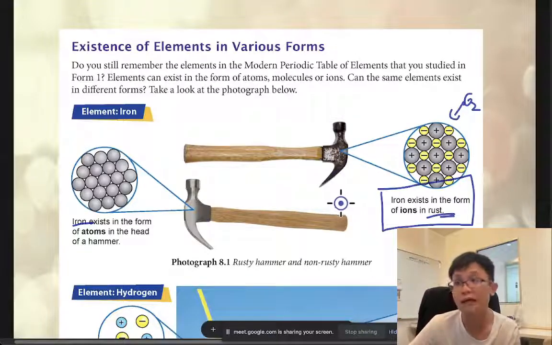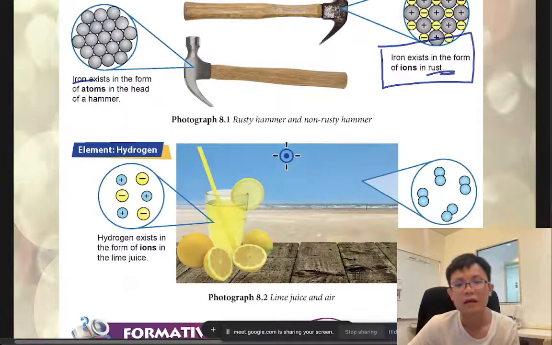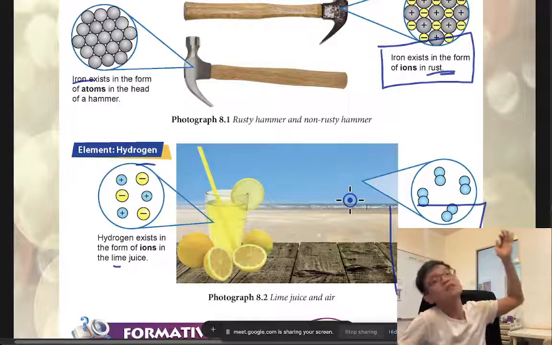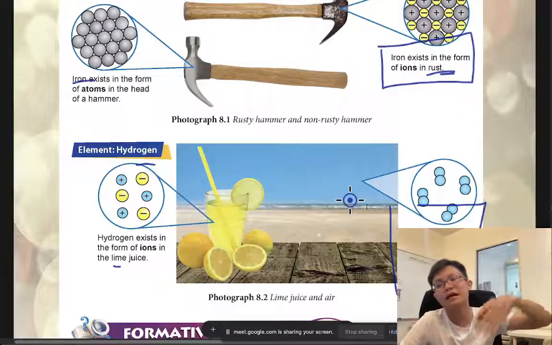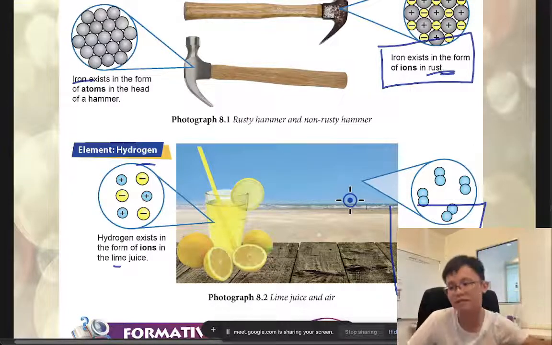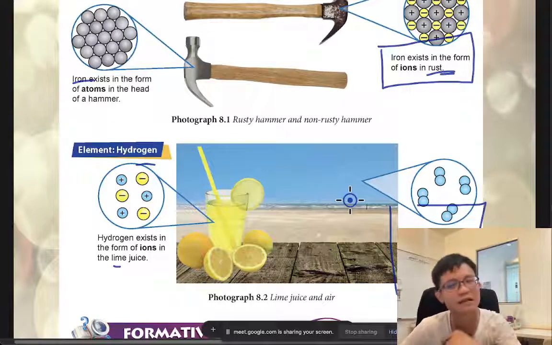But gold it won't spoil. Gold will be always gold because the oxygen cannot go in. It's not reactive. How about the element of hydrogen? Okay, this is a lime juice. Water, H2O. In the air here also got water. Correct or not? 有水汽在这边, got a lot of water on it. But you cannot see it because we are not Superman. Our eye very noob. If your eye very good, you can see all the particle in the air.